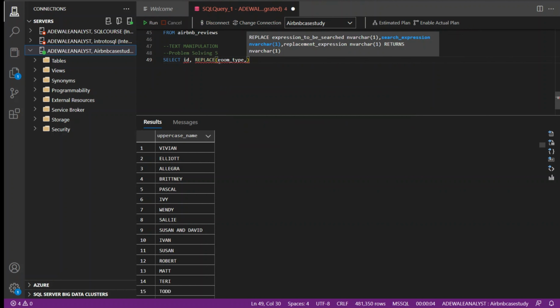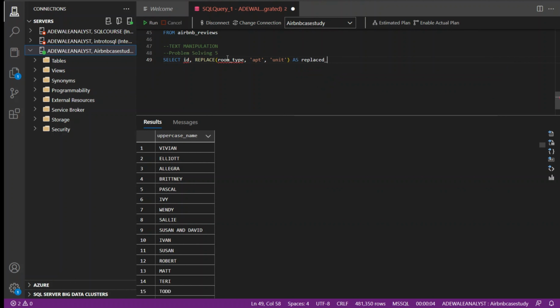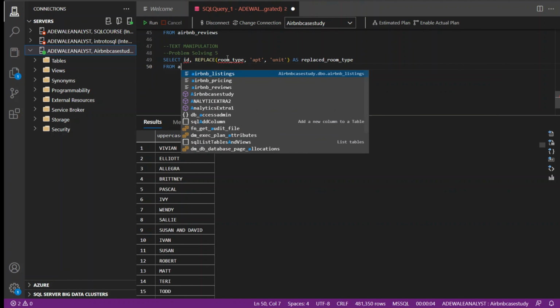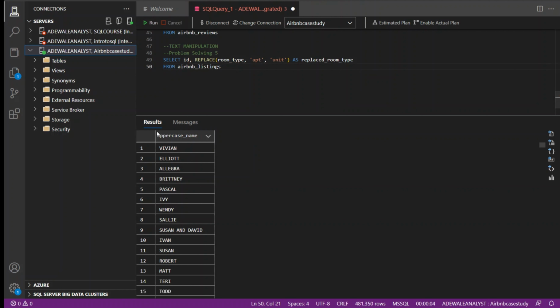And then from this column, I want to replace every occurrence of APT, which is apartment, with unit. So I'm going to type unit here. I want to replace that with unit. And then I want to give this a new column name, and I'm going to call it replaced_room_type. And where are we doing this from? From the Airbnb listing, from the listing table. So if I run this query right now,